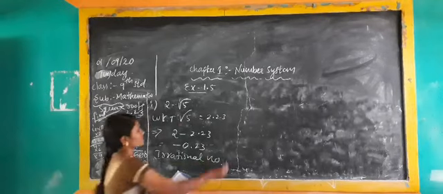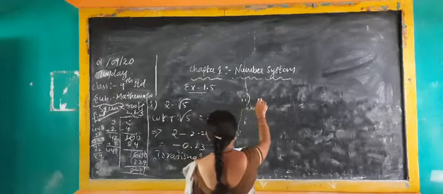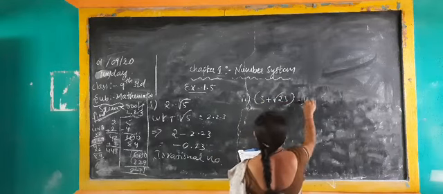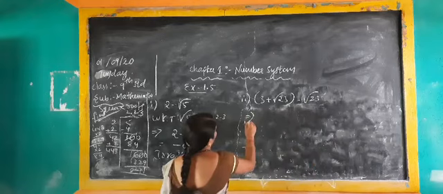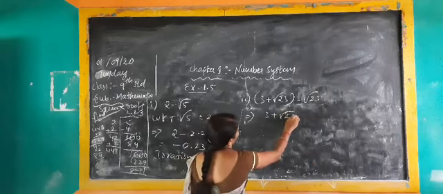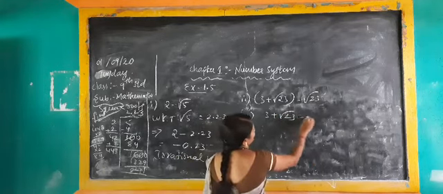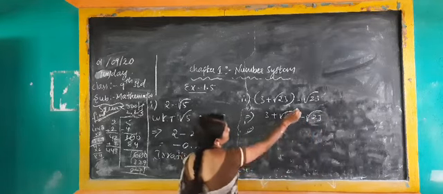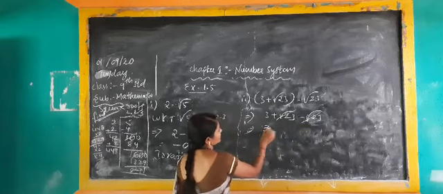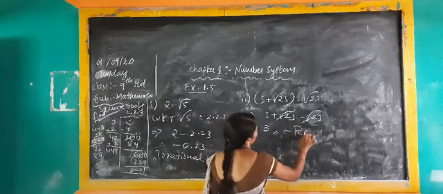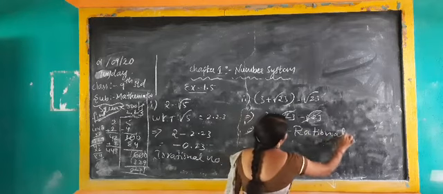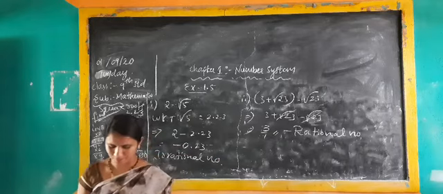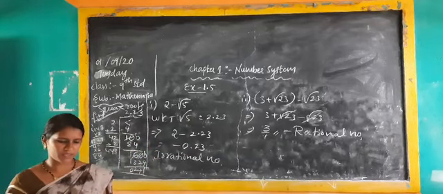Here also a square root is there. It should be easy. If anything is common, take it out: take out 3 plus root 3 minus root 3. Here I am taking 3 plus, in the bracket, root 23, minus root 23. Yes or no? Plus root 23 minus root 23 cancel, we will get 3. It should be rational. How is it rational? 3 by 1. It is a rational number.